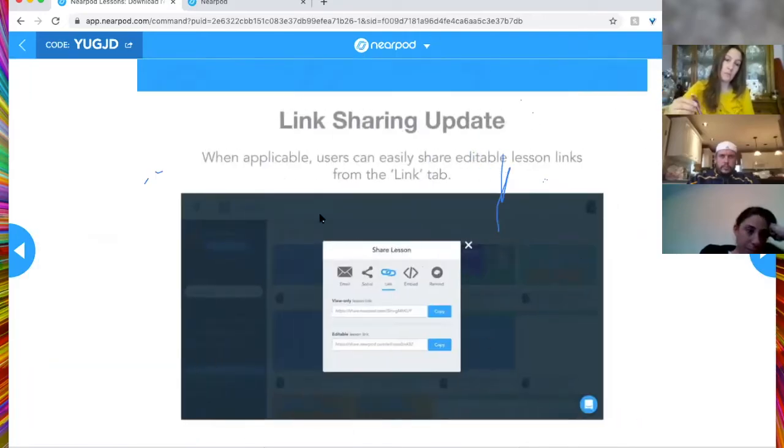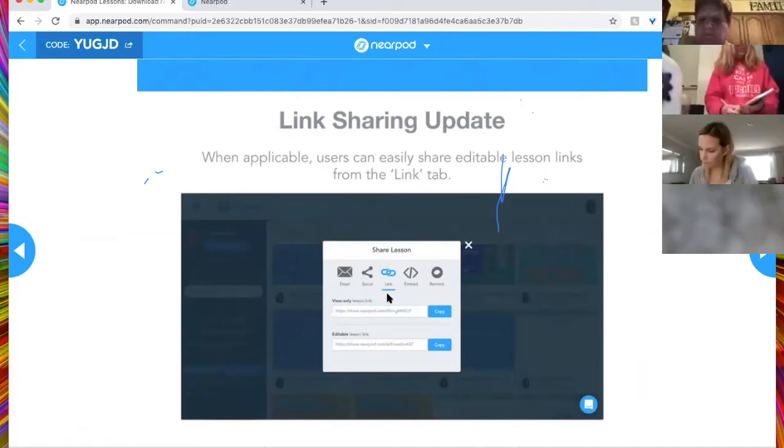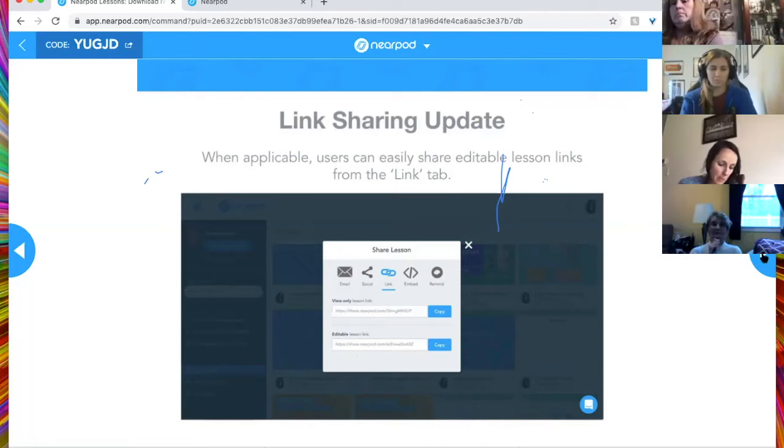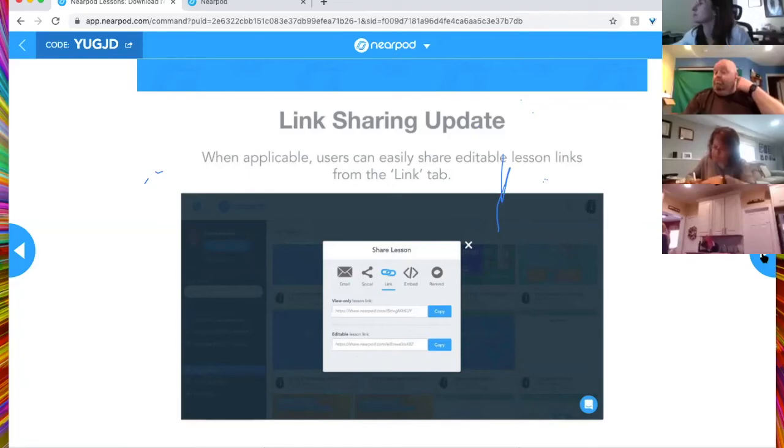All right. And then speaking of collaborating and sharing lessons with other teachers, you can now do that as well. When you hover over the upper hand corner of a lesson, you'll get a number of options when you click on the 3 dots, and it'll bring you to a place where you can share the lesson with fellow teachers. So if you really love a lesson and you think somebody else might really love it, you can copy the link and they can get a view-only version of it or an editable version of that lesson. So that's how you share lessons with fellow colleagues or fellow teachers, is by clicking on those 3 dots and